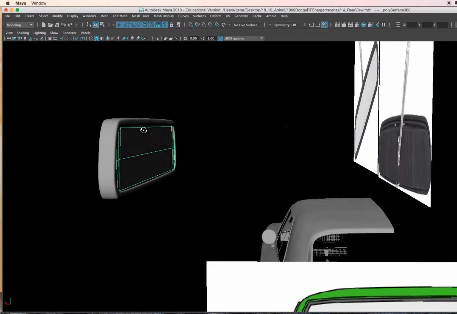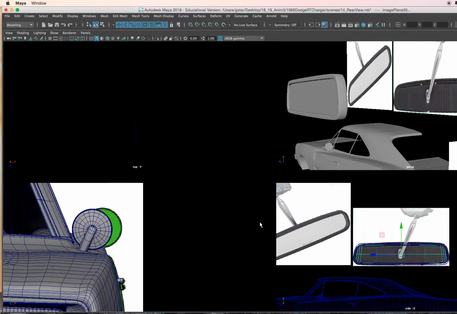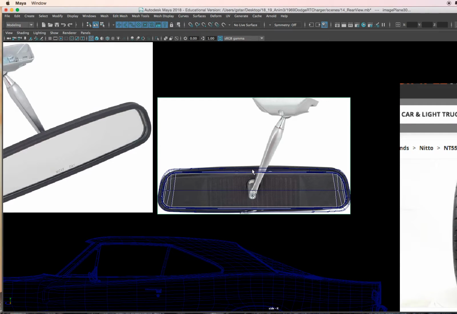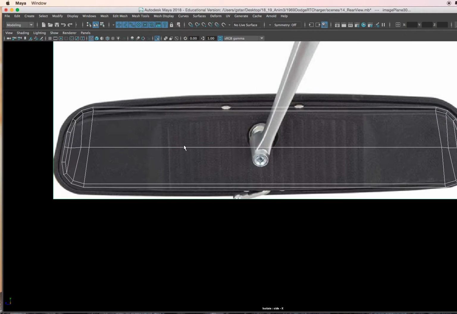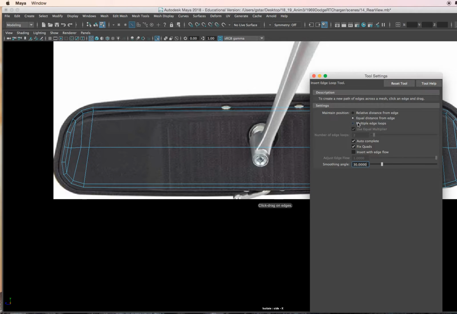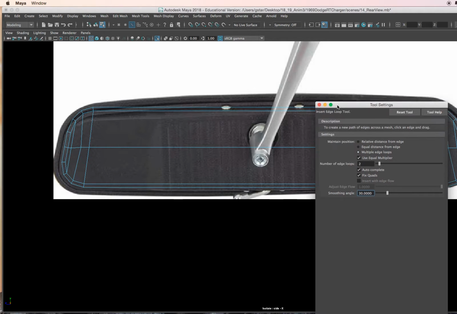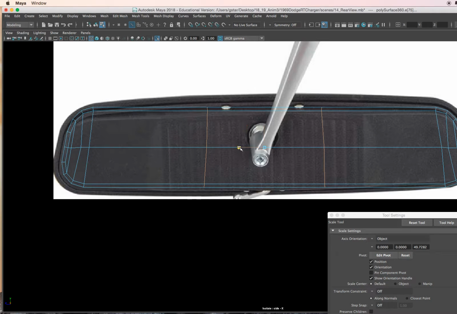So I'll click on the back side here. I'll hold Shift, select this image plane, go into my side view here. I'll press Control 1 and let's go to Mesh Tools, Insert Edge Loop Tool option box. I'll click on multiple edge loops and keep it at 2. And then I'll click right here. I'll press R, scale it wide,